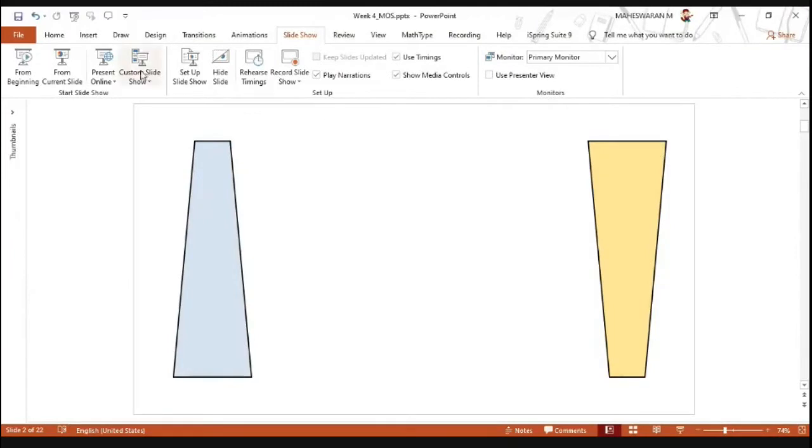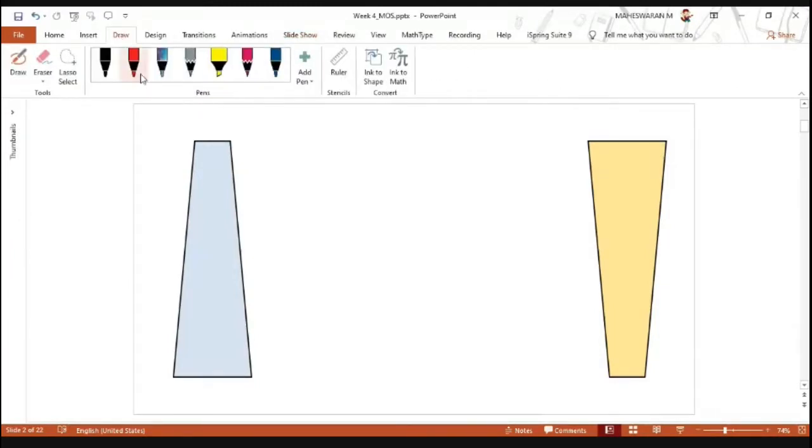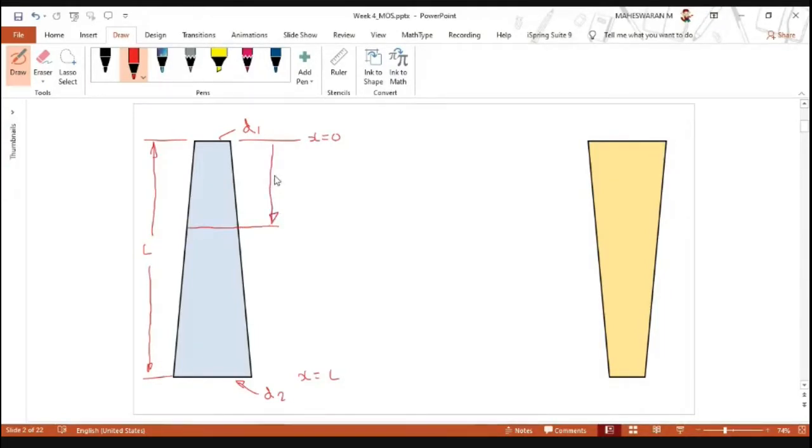We consider this bar. It has some length, diameter, and other things. Let me consider it has a diameter d1 here, and another diameter d2. Now let me consider it has a length of L. So the length of the entire bar is L. It is linearly varying, so it starts from 0. So this is x is equal to 0, and this is x is equal to L. I am going to identify the diameter at this location x.